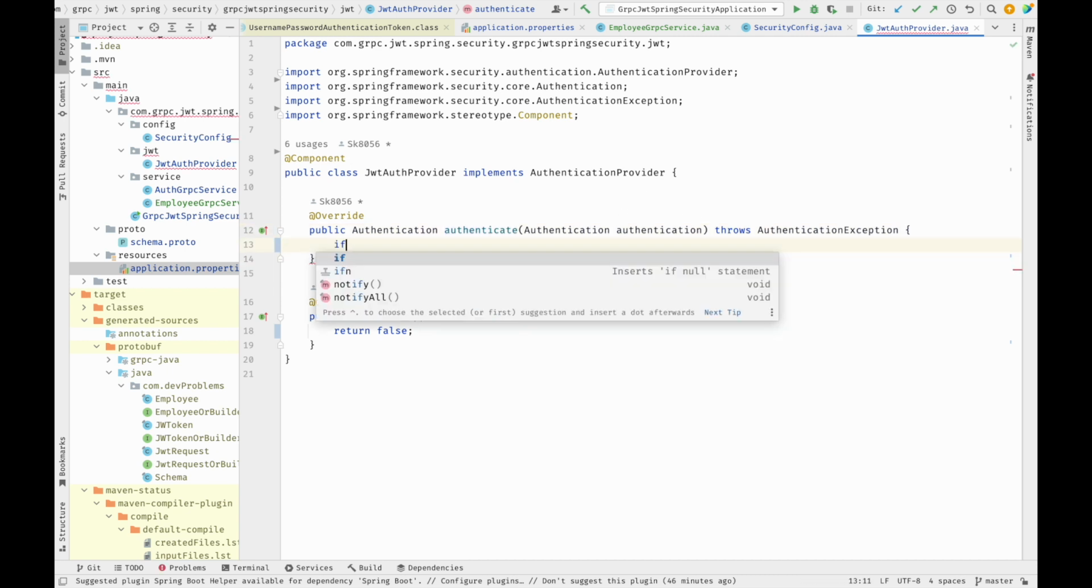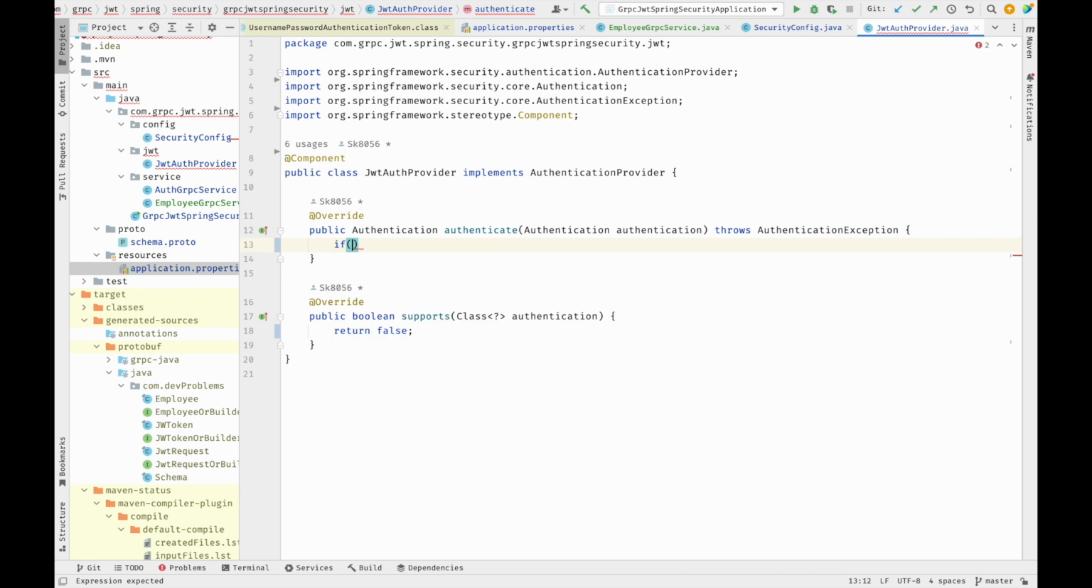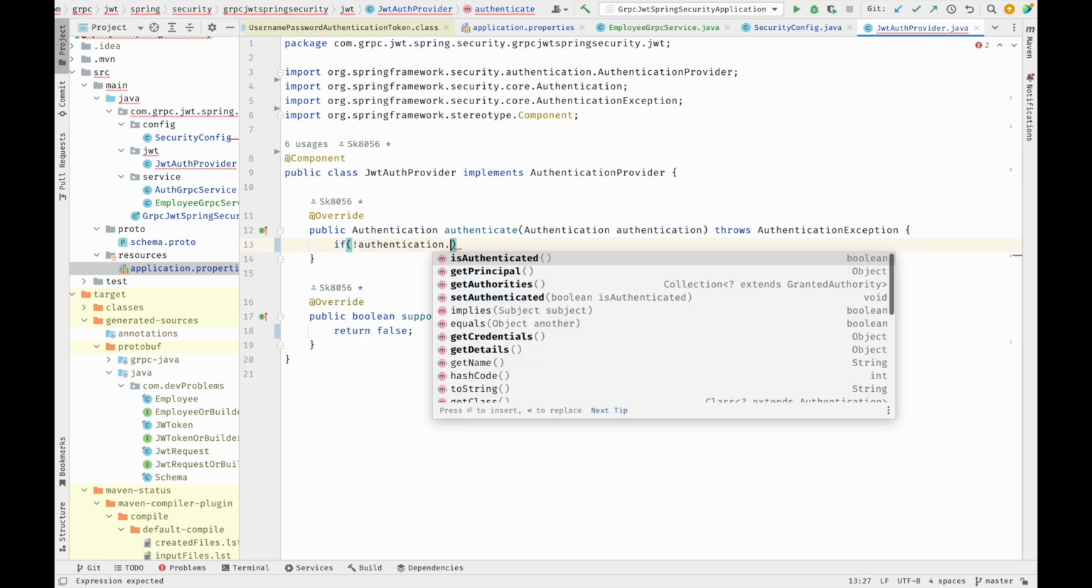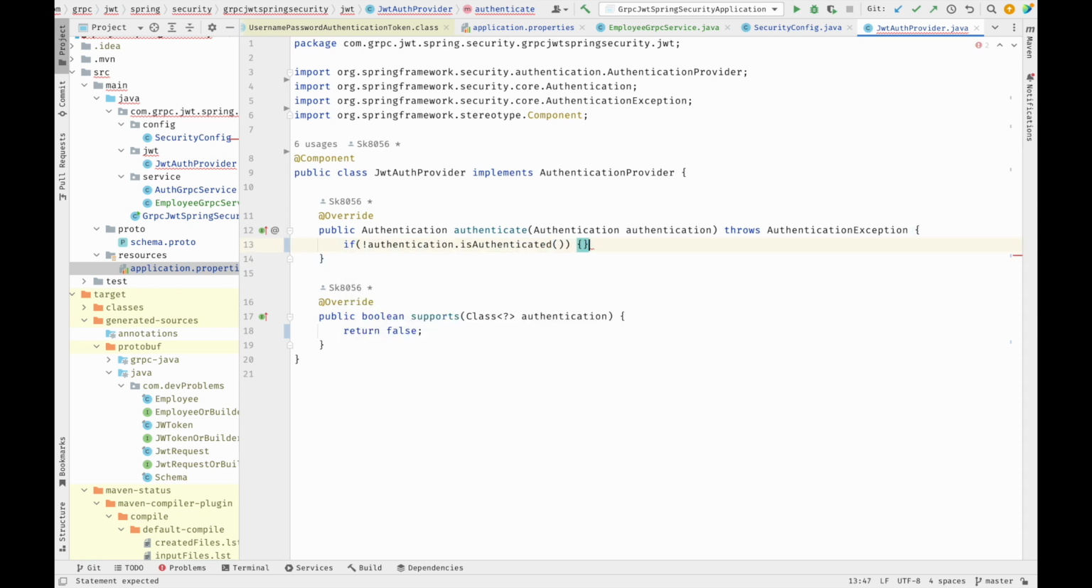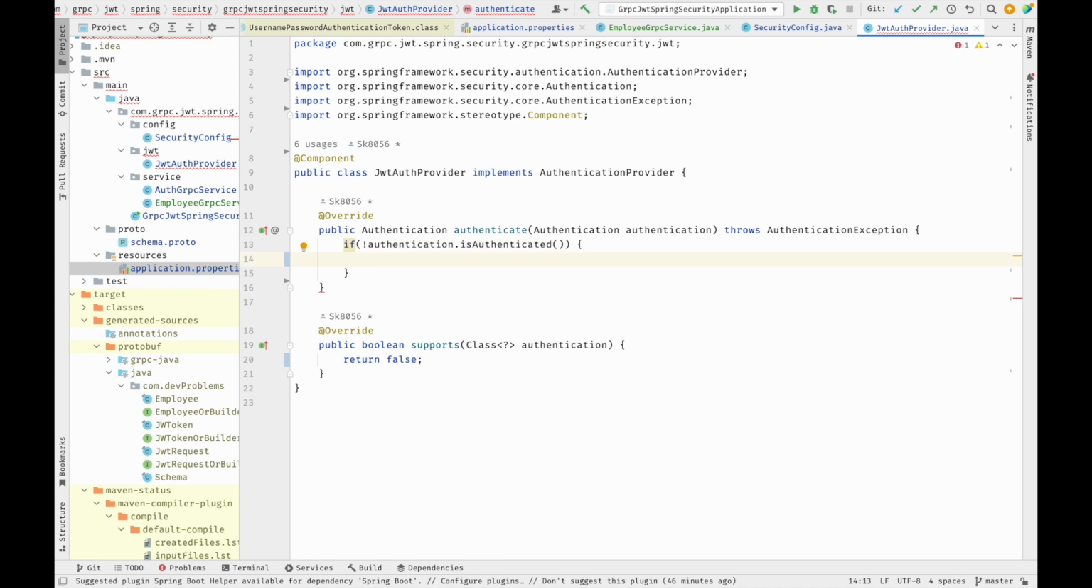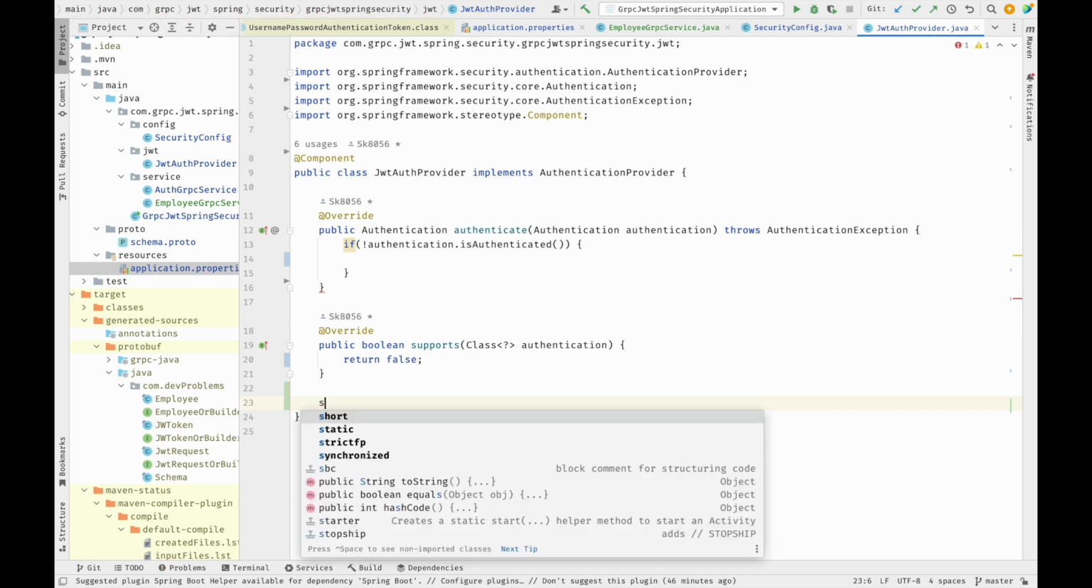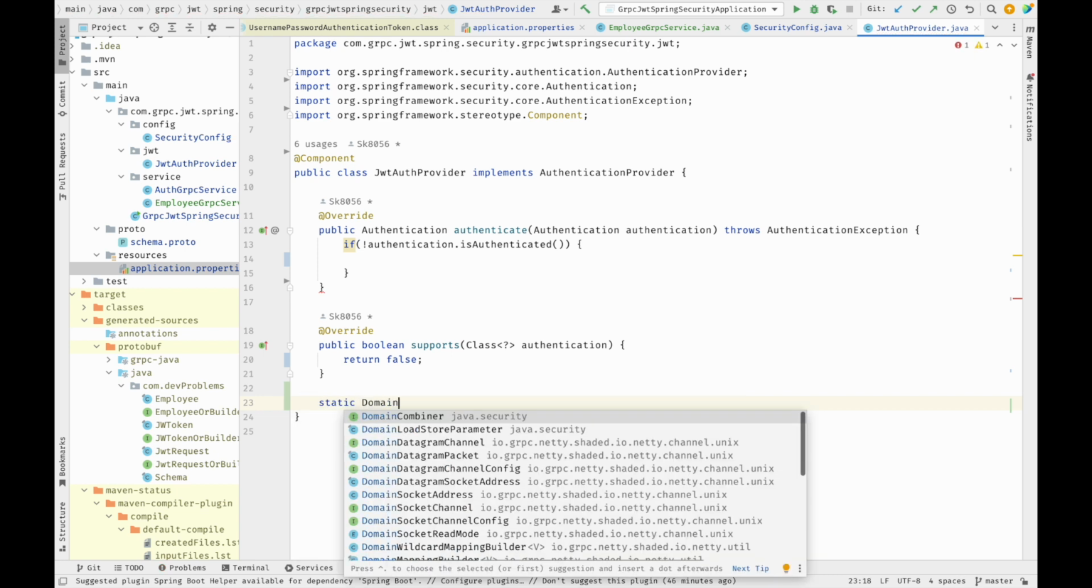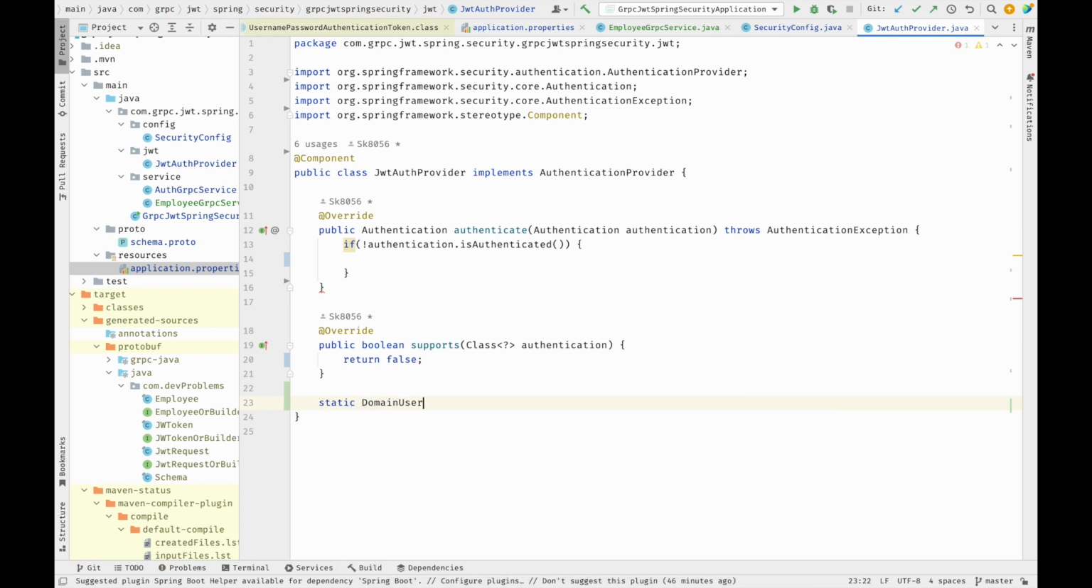So if I write if the user is not authenticated, then what we have to do is give the roles of that user in that object. Okay, so how to create the role of the users? For that, if you remember, if you have implemented the JWT flow in the REST based microservices, so there we have to implement